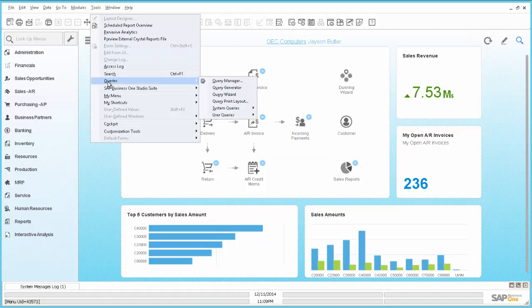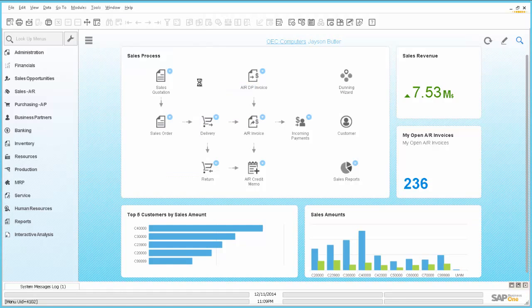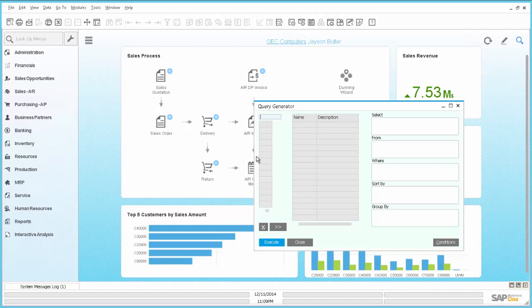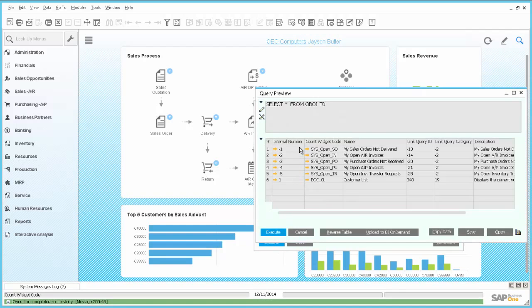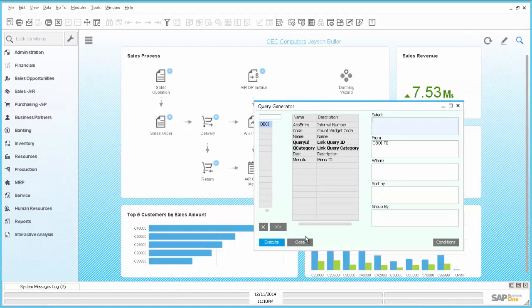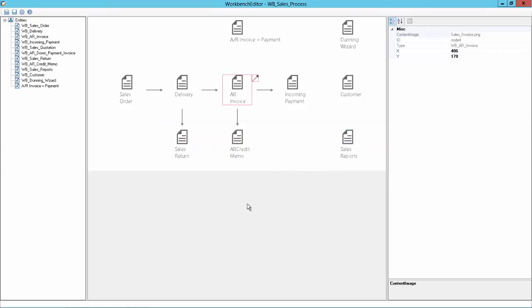So if we go here to the query generator and search for OBOI and press the tab key and execute, we can now see the internal numbers, and the AR invoice count widget has the internal number 2. Okay, so if we go now to the Workbench Editor, we can go here to the AR invoice